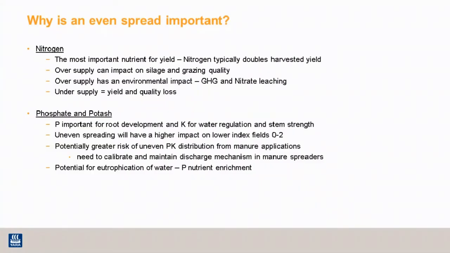So yeah, having tested the soil and manure, as previous speakers have been saying, and undertaken a nutrient management plan, we then need to ensure that we accurately and evenly apply the fertilizer program. Why, you may well ask? Well, certainly nitrogen is the key driver of yield, and the economic and environmental impact of uneven N application can